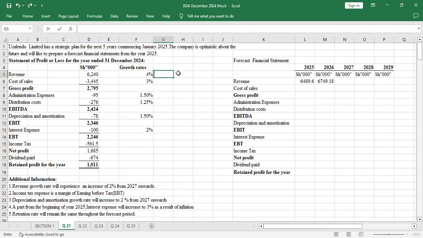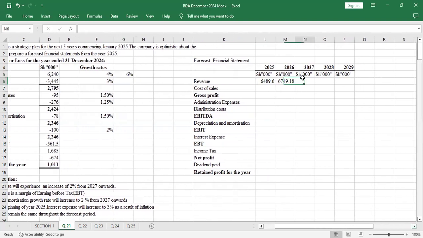So you take 4%, which was initially the growth rate, you add 2%. So what we'll use moving forward from 2027 is 6%. So from 2027, the growth rate will be 6%. So I'll just come here and say equals, pick that, then you multiply by bracket 1 plus the growth rate, which is 6%. But because it's going to be constant all through, I'll lock it because it doesn't change along the way. So I'll lock it by creating a dollar sign before and after the column.